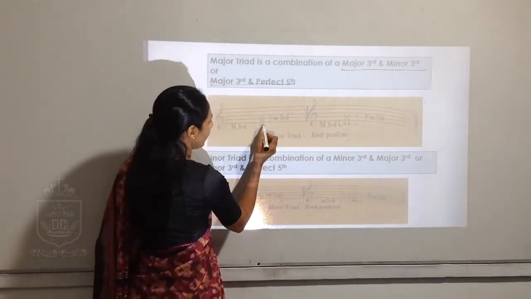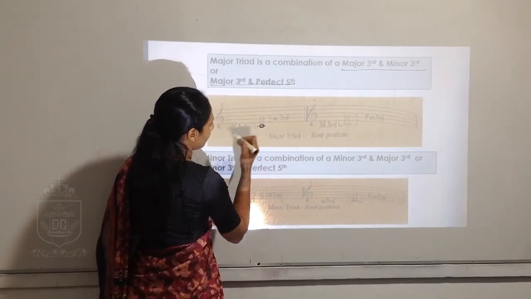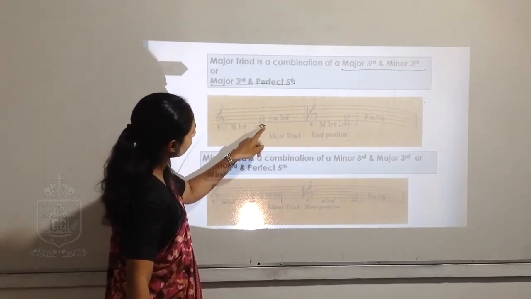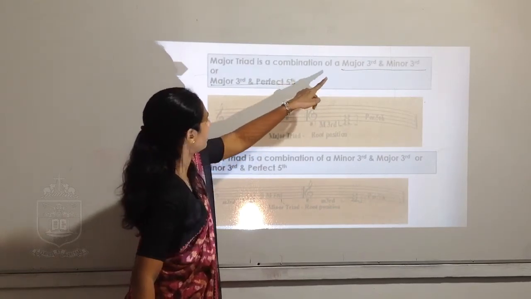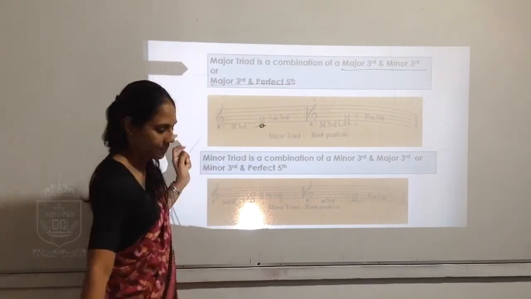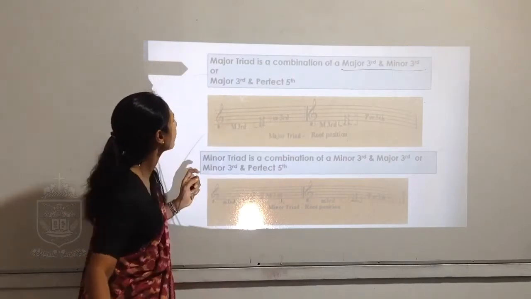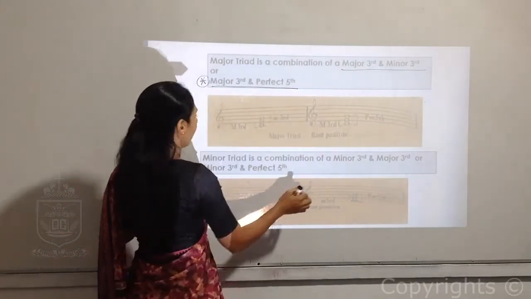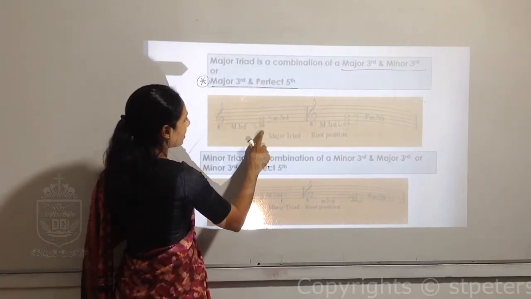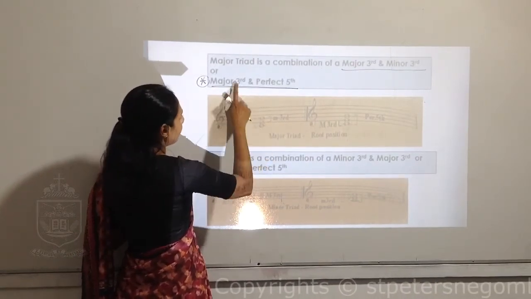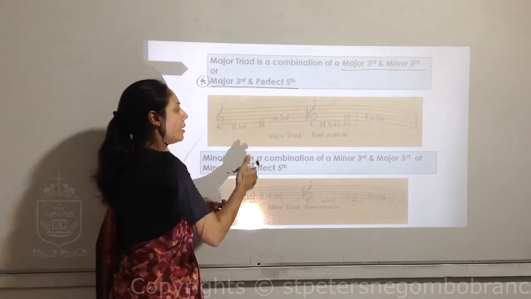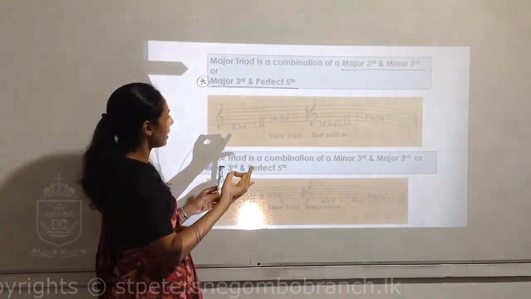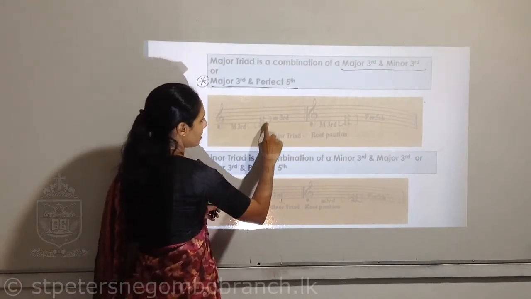So if we take C as a root, right? When we are forming the next note, major third, we will take this one. From C to the second note, C, D, E, third. We will check the semitones also. C to E: C to C sharp, to D, to D sharp, to E. Correct. Major third has 4 semitones.